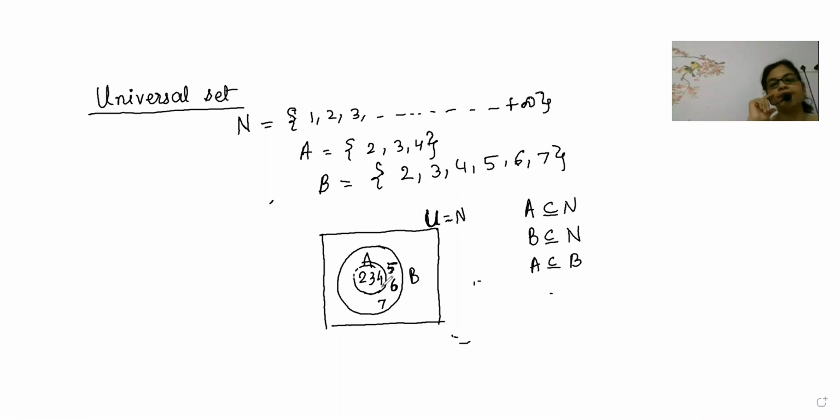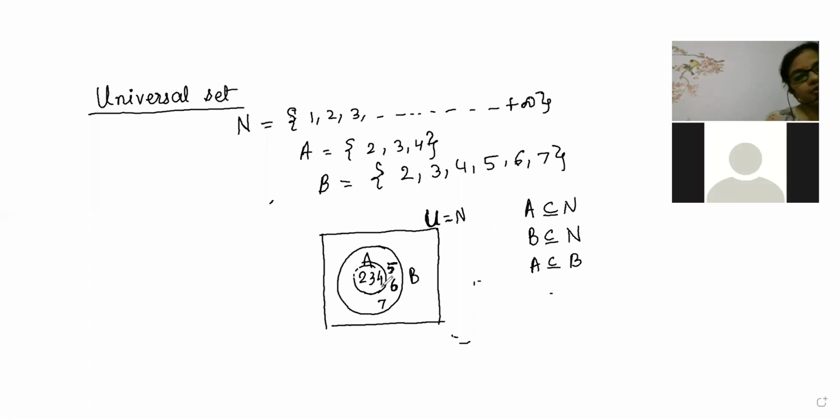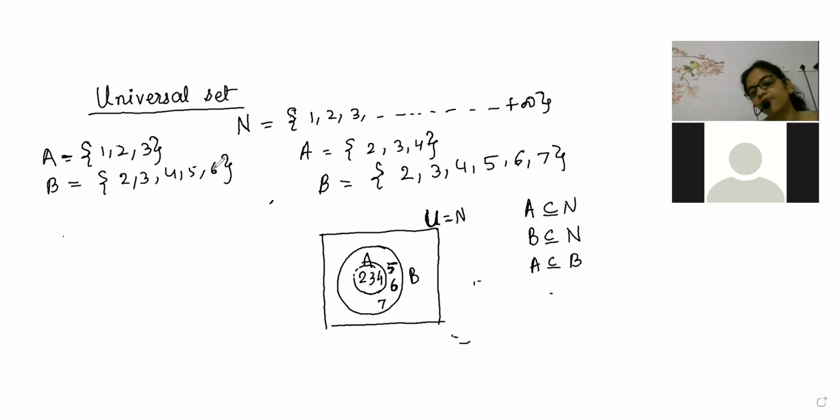Okay, but if a single element will be there, now one other condition I am showing, the set of natural numbers itself is there, but here A is containing 1, 2, 3, and B is containing 2, 3, 4, 5, 6. At that time, we cannot use this beta, we cannot make this whole, because here all the elements of A are not present inside B. So B said, since you are having the same quality I am having, you come inside my home. So B has taken A inside it. But this is for case 1.